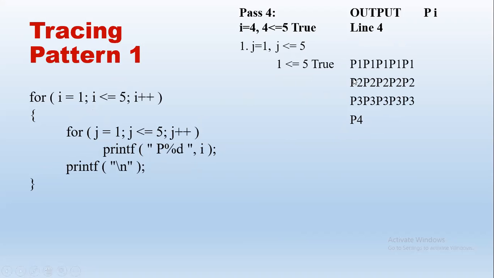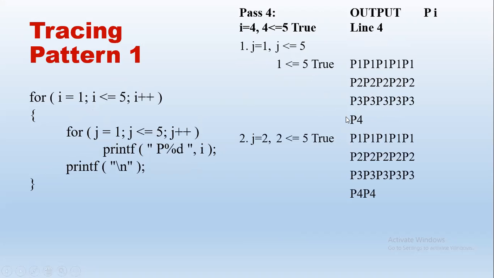So we had printed 3 lines in 3 passes. In the fourth pass, we are printing line 4. The first value is printed when J equal to 1. Second step in pass 4, J equal to 2, right? So J is executing multiple times for one value of I. Note, for I equal to 4, J executes 5 times. Similarly, so on, I equal to 5, right?